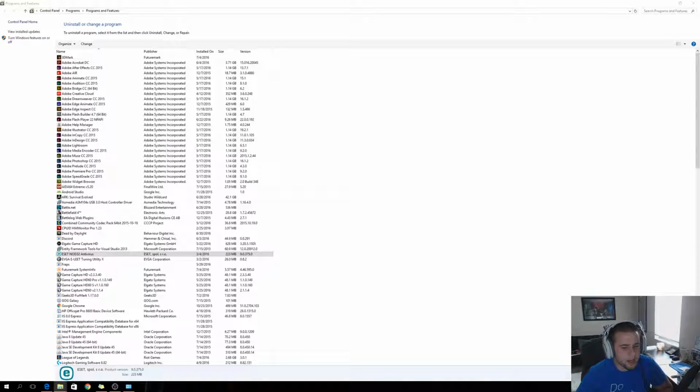Typically, what you find on most machines is going to be either McAfee or Norton if it's a brand new machine, or if it's an older machine, it's whatever you decided to install on the computer. So this will take a few minutes to uninstall. After it does uninstall, it will ask you to restart the computer. And this is just for cleaning the operating system, so it's getting rid of all the root files and things